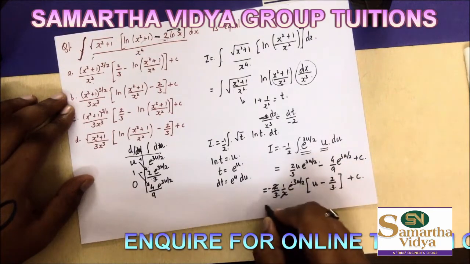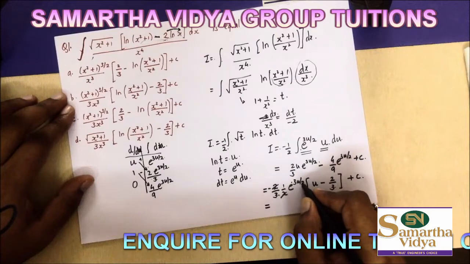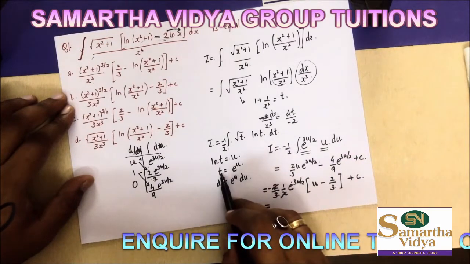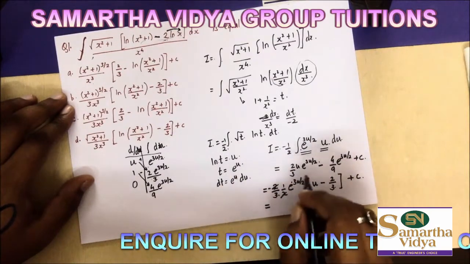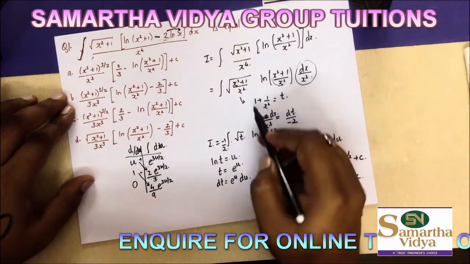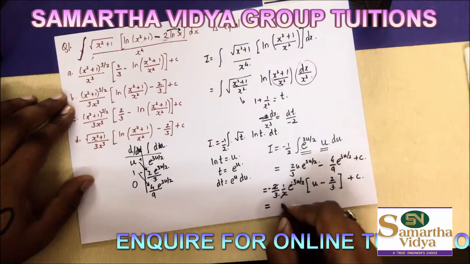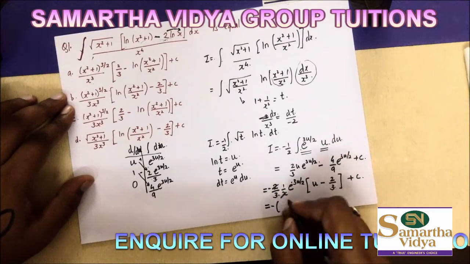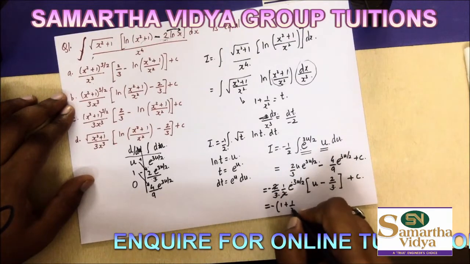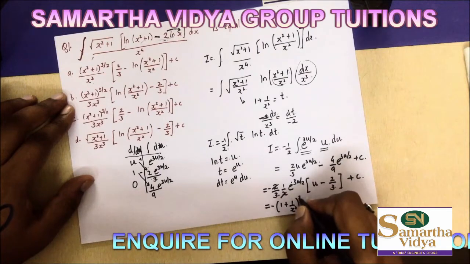So we need to now just substitute the values. So we have this as is equal to, so e raised to 3u by 2. So e raised to u is t. So this becomes t raised to 3 by 2. But t is 1 plus 1 by x square. So that's why it can be written as minus 1 plus 1 by x square raised to 3 by 2.